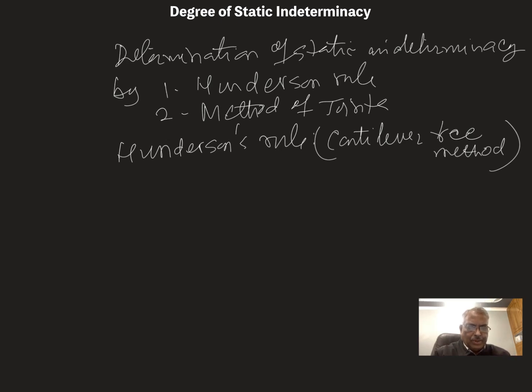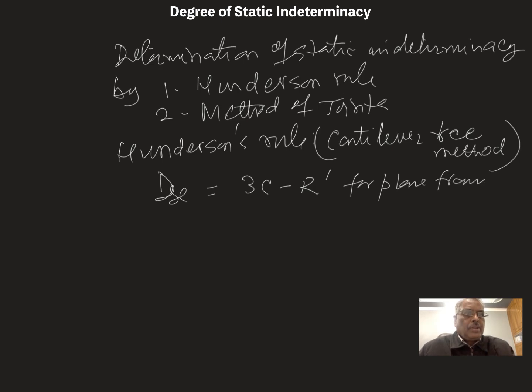Then the structure is cut to make it an open tree-like determinate structure. The degree of indeterminacy can be found out. DS is equal to 3C minus R dash for a plane frame, and DS is equal to 6C minus R dash for a space frame,